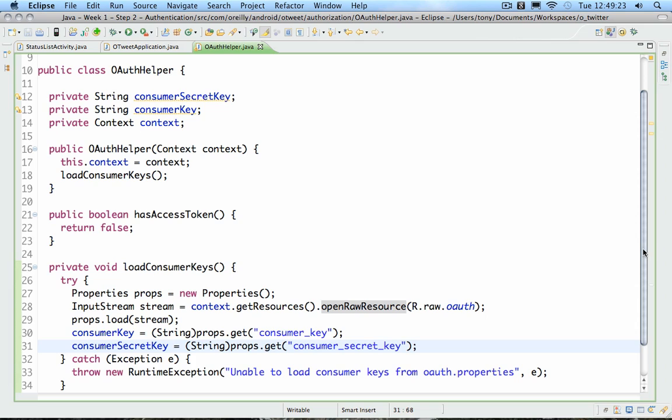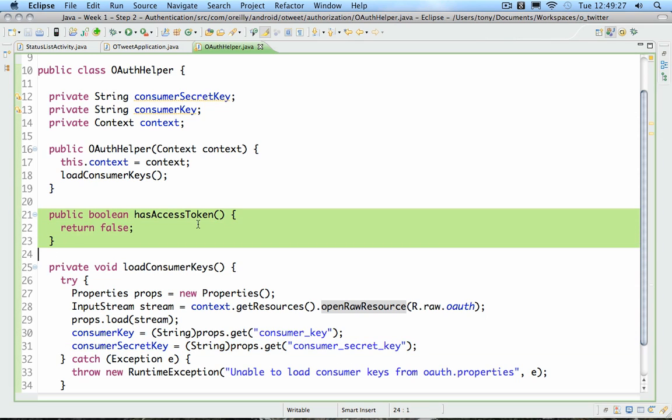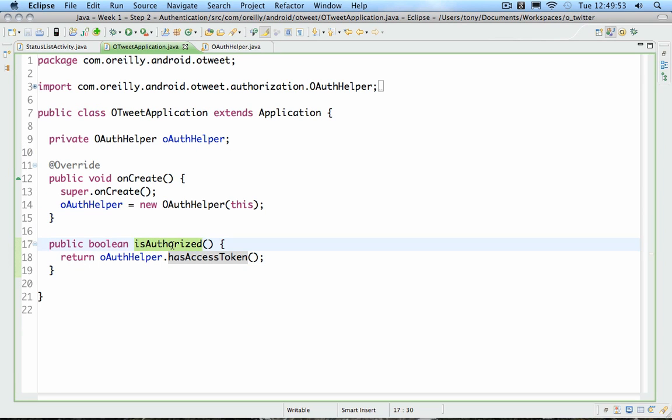the application. But if you remember line 21, line 23, this is where the application calls to see if we have the access token. And for right now, we're just going to hardwire it to false, because we don't have the application saving those keys, and in fact, we're not even getting them yet. So basically, every time right now, we're going to say that the user is not logged in because the application is going to find we don't have an access token, and so it's going to return false from is authorized,